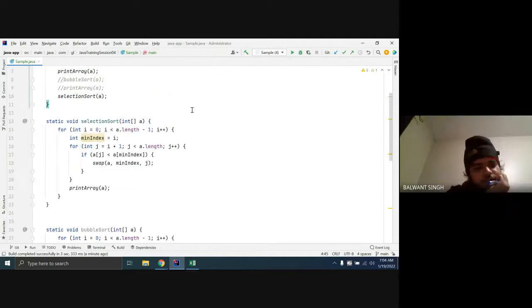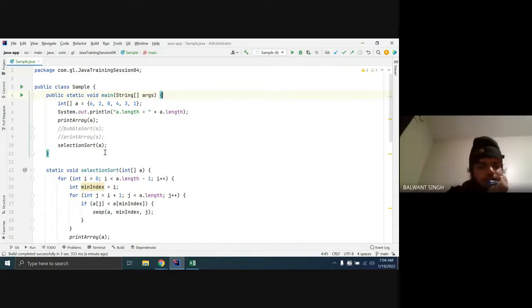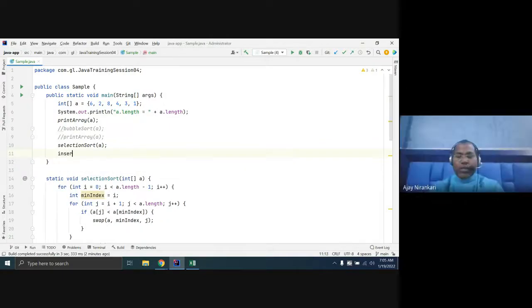Tomorrow we'll again discuss one more sort, the selection sort. Try to figure out how to write the code for selection sort, right? This is the bubble sort. Selection sort we have done. Next we'll learn about insertion sort.